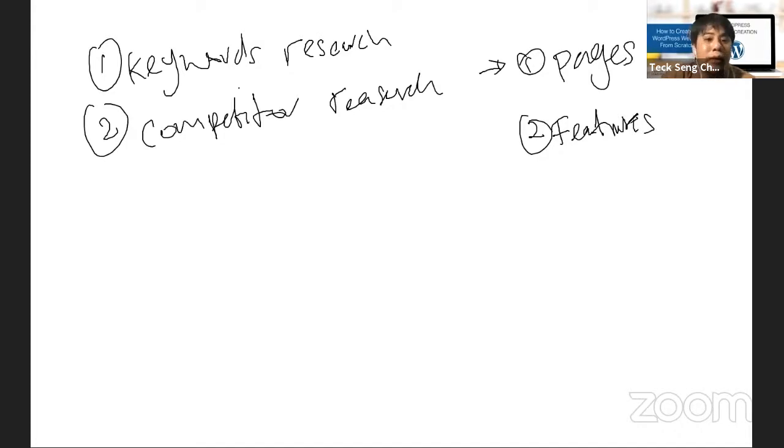You can take a look, and then you can jot down whatever you explore and whatever you see on the website. Then if you found more about the website, at least you need to have these 2 things: what pages, what features. Something that you can add on is also what kind of tone they use on their website, the content tone itself. So what do I mean by content tone?